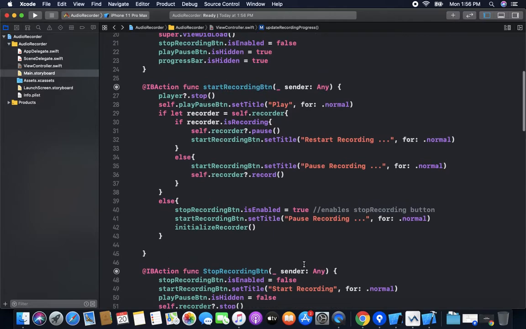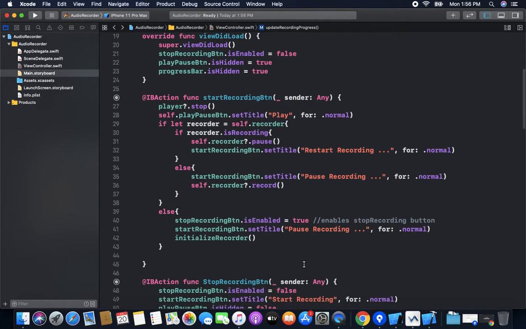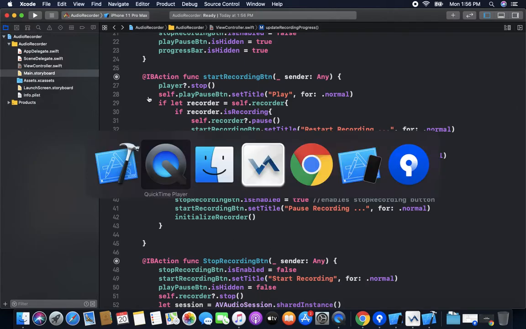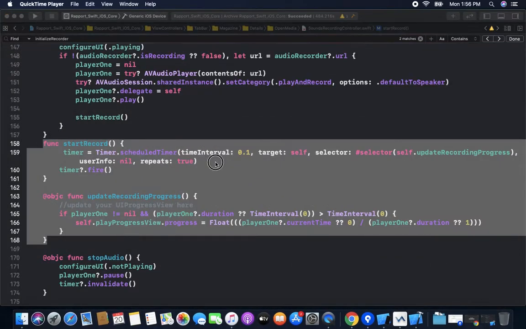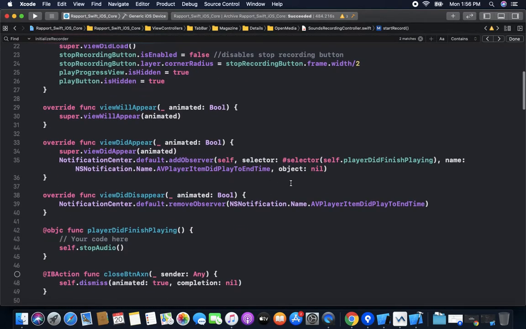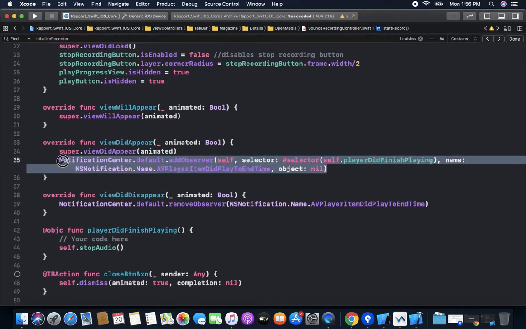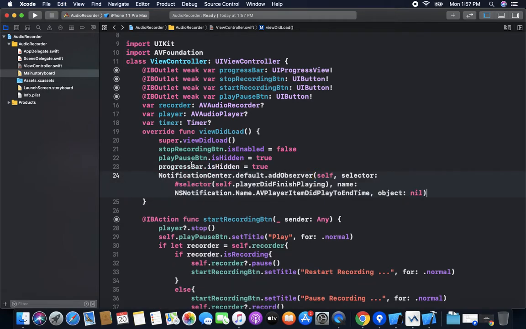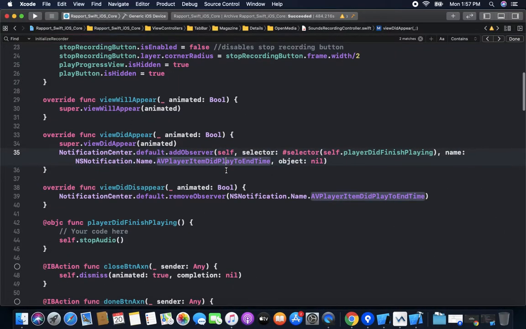And lastly, when the audio is finished, then we need to stop the audio. For this, we just need to use a notification. I will explain: we use a notification observer for the player, for the player item did play to end. So it will be called only when the item is totally played. So we write a function